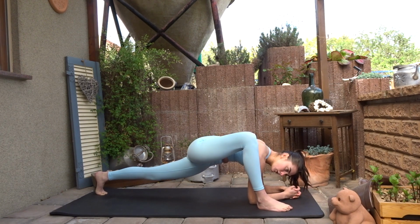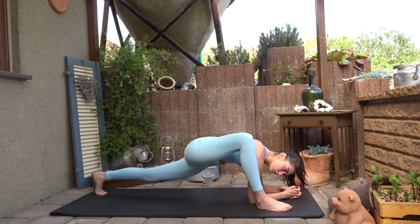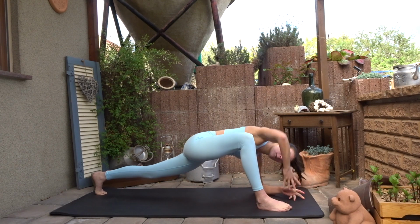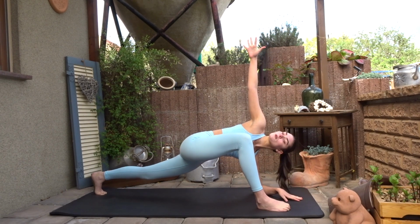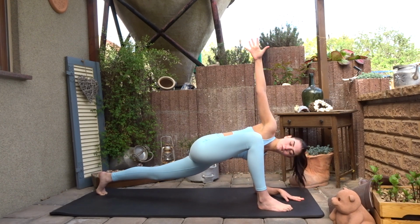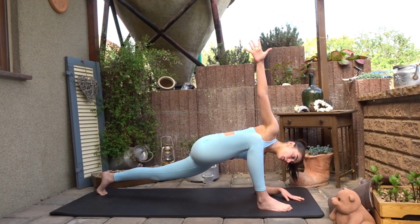so it's not up towards the ceiling. I then like to extend that top arm up towards the ceiling, making sure I'm reaching through those fingertips, pulling those shoulders away from my ears, and sitting here for about 10 seconds, stretching out that spine and stretching through